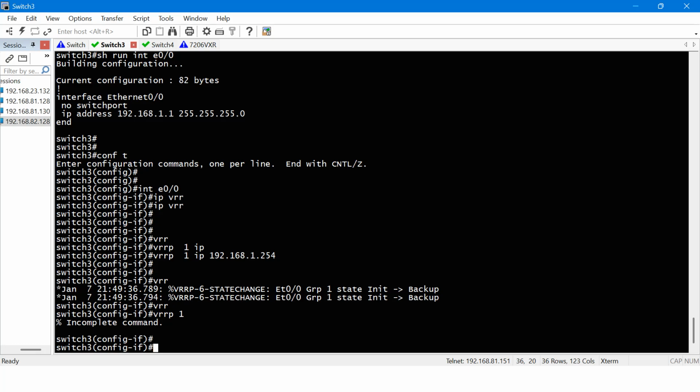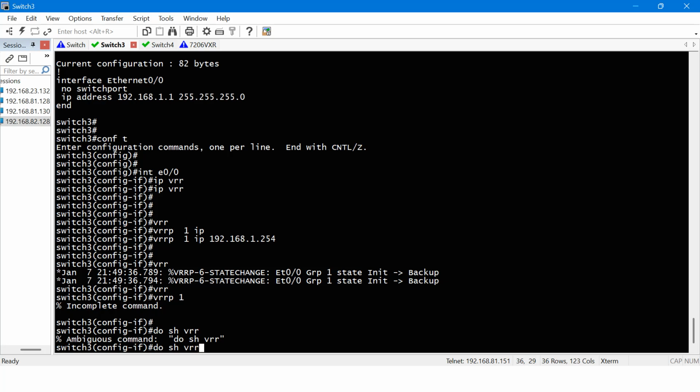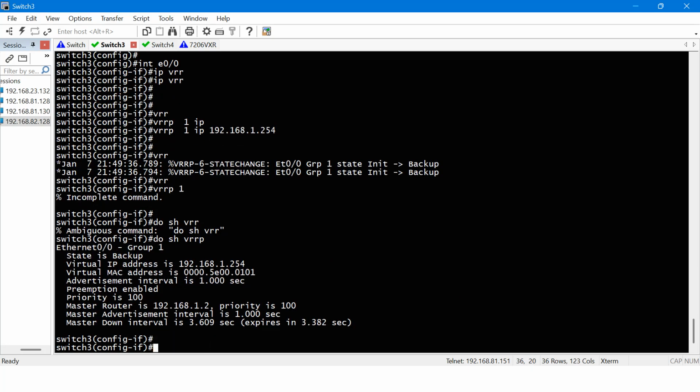You can see that this has become, to show VRRP. You can say this router, the switch 3 router, has become backup router. You can see here it has become backup router because of the condition that the physical IP address